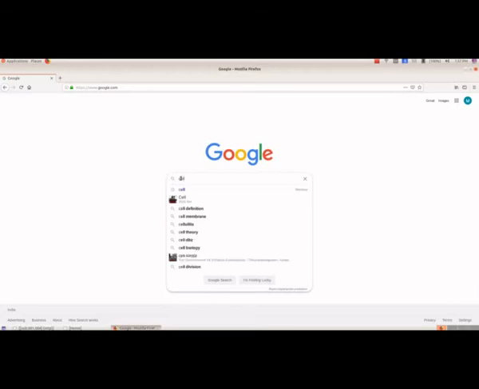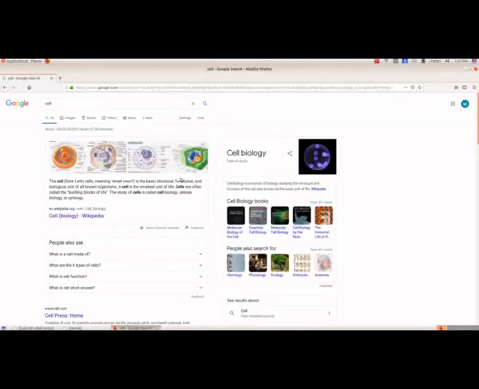As I told you, we need images of cells, so we will type cell here, and then we will press the enter key, and now we got information and images regarding cells.